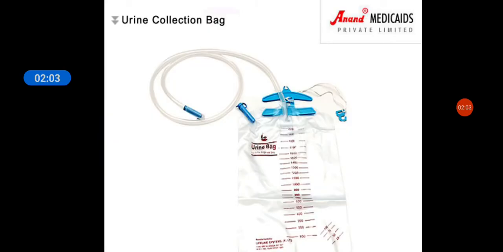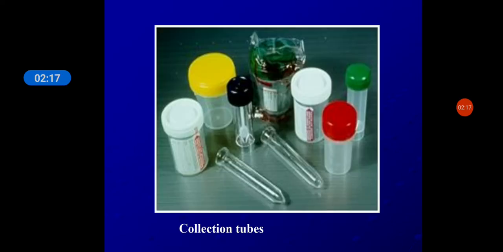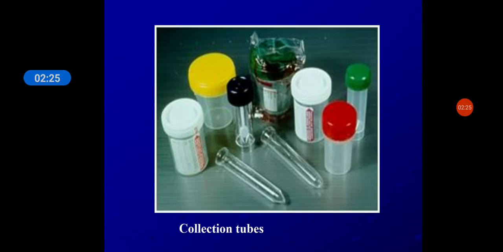You might have seen all these things. This is the 24-hour urine collection bottle or the jar, which has a preservative in it, and that preservative does not hinder any of these investigations. These are the different collection tubes. The one with the cover, which you can see, is mainly used for microbiological investigation. That shows that it is packed properly under proper aseptic precautions. Why? Because you need to culture the organism from that particular sample, right? So for that you require such a procedure.